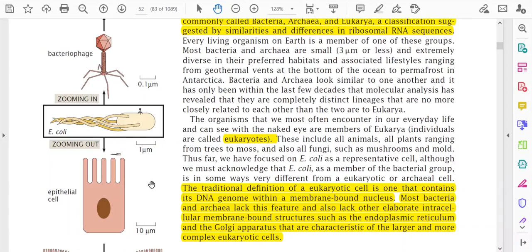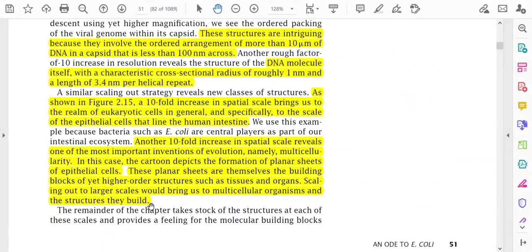So that is a 10 times increase. That is why we are saying that a tenfold increase in spatial scale brings us to the realm of eukaryotic cells in general. This is very important, and specifically to the scale of the epithelial cells that line the human intestine. So these epithelial cells actually line the human intestine,